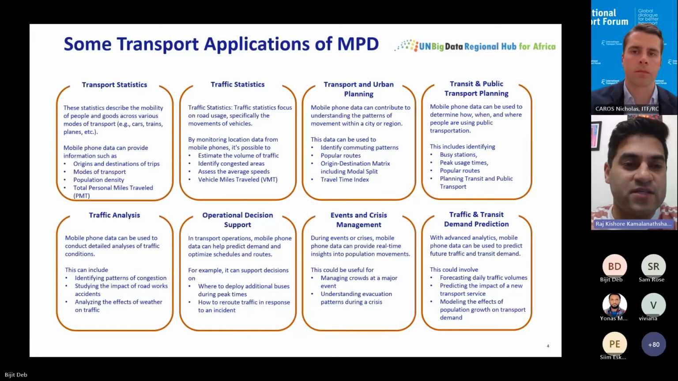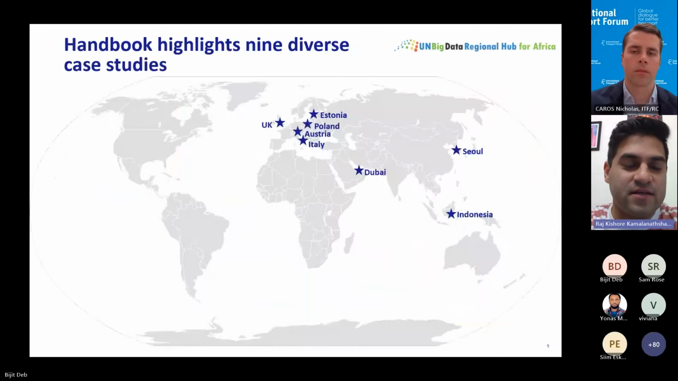So these are the different transport applications. Obviously, some of them are more advanced, and there are very few examples from around the world where they are purely focused on MPD. But at least the first four to five of them are pretty common nowadays. It wasn't the case maybe five years back. So many of the case studies that you'll read in the handbook are pretty recent. If you go to the next slide, I think,